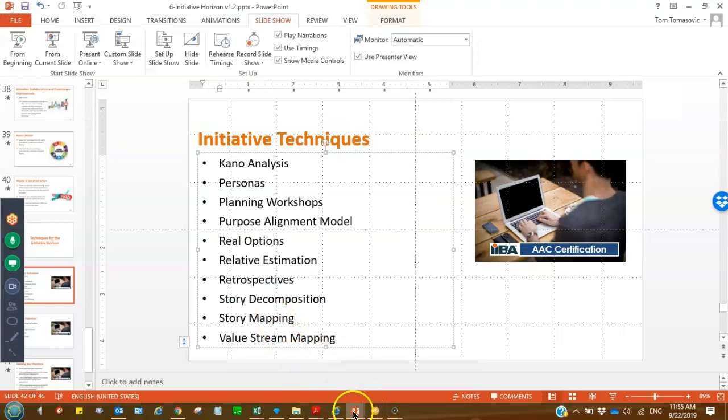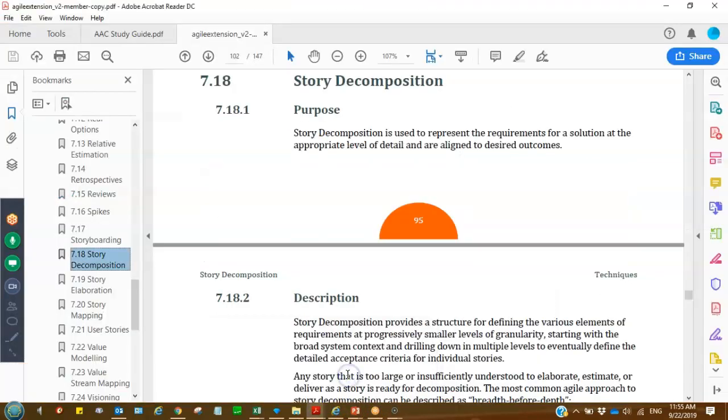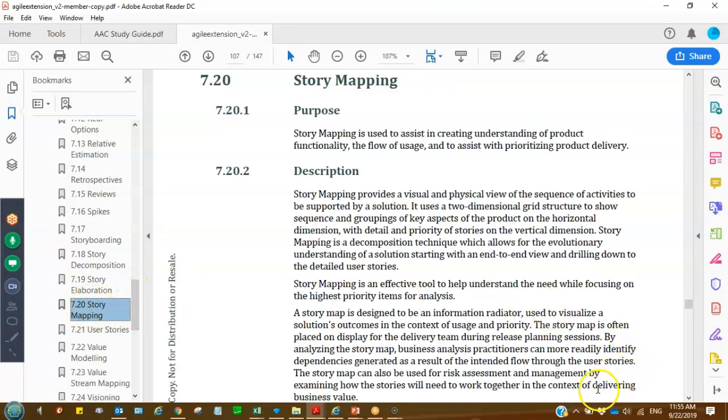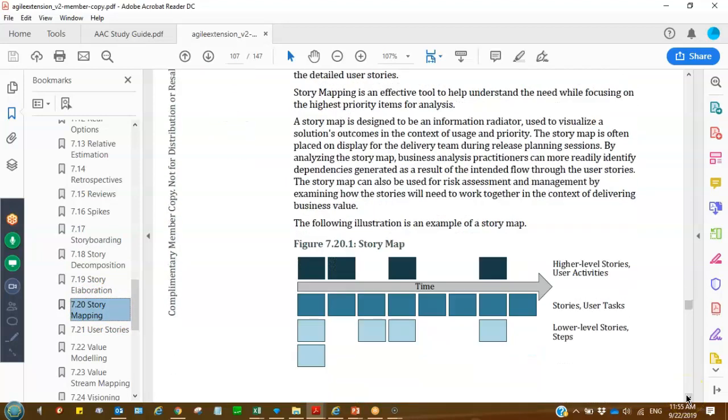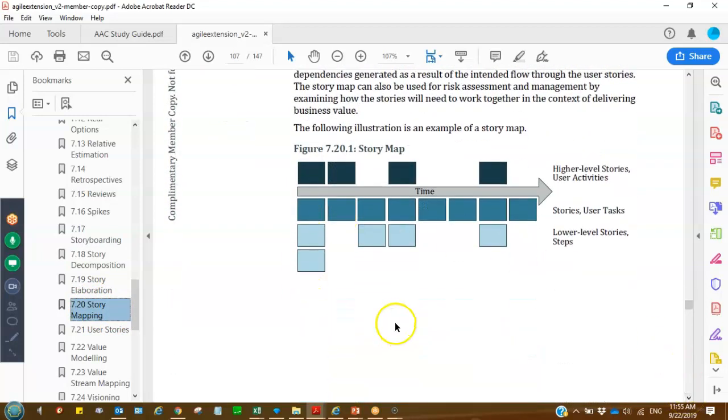Story mapping is going to show you that visual representation of story decomposition. Story decomposition really is about building a story map. So we have those three levels that I was talking about. This is your process going from left to right. This is your process. For any of these things, you could be operating at, you could have, for instance, this